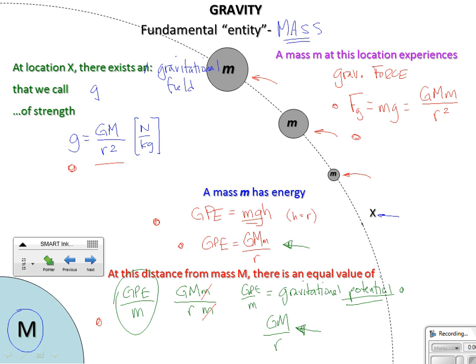Right? So everywhere here where we looked at mass stuff, here we'll look at charge stuff. All right? So at a distance away from a charge Q, there's some location X, and at location X, there exists